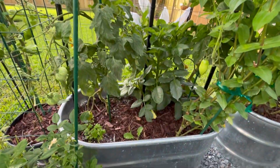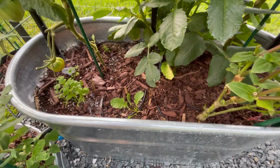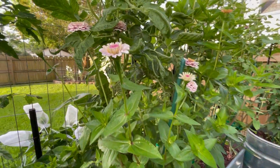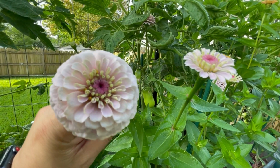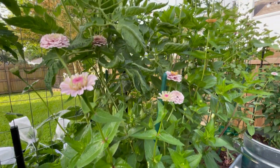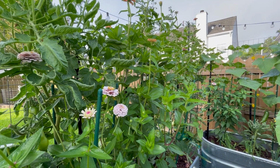Then we have the first bed, which is our Dr. Witchy right here. I have some cilantro down there that I need to pick, the radish, which is gonna come out, and then we have our little flower girl zinnia, which this one, I'm actually getting ready to pull out all of the spring colored zinnias, and I'm going to replace them with, as a bee comes right by my hand, I'm going to replace them with the bright colors. So I want to throw in some more colors. So like your Senora and your,